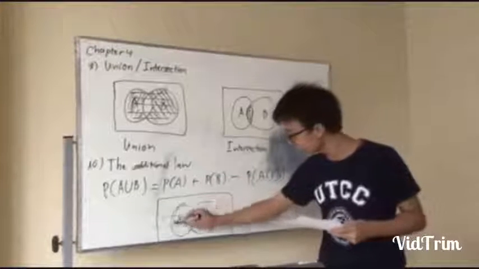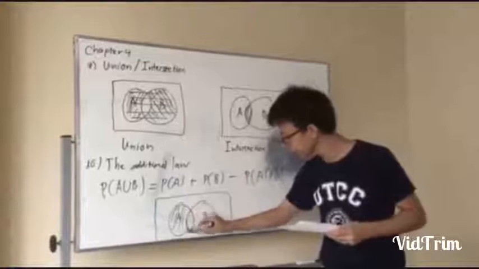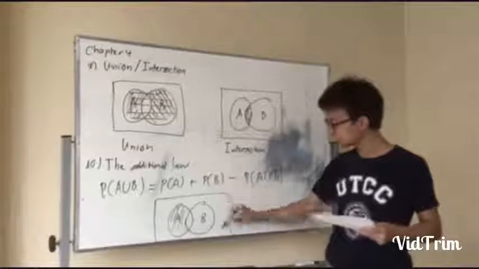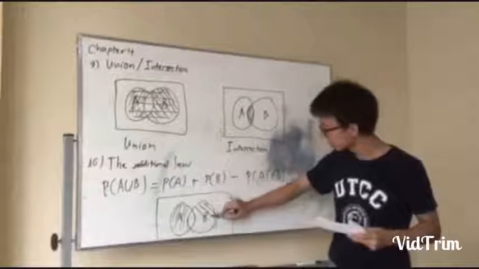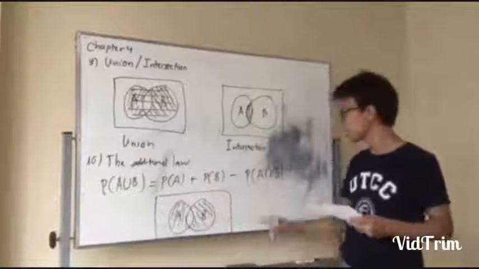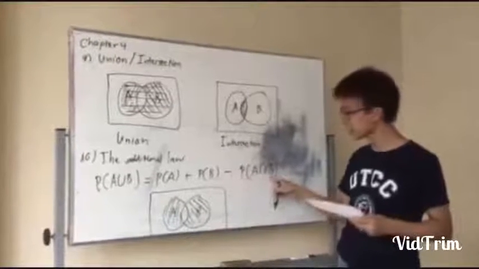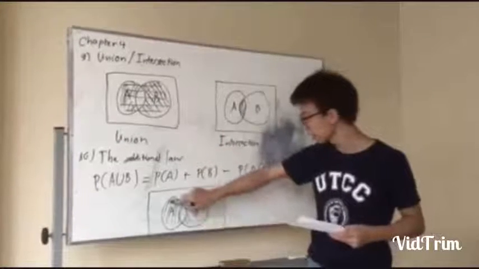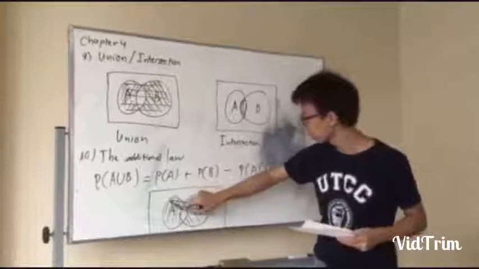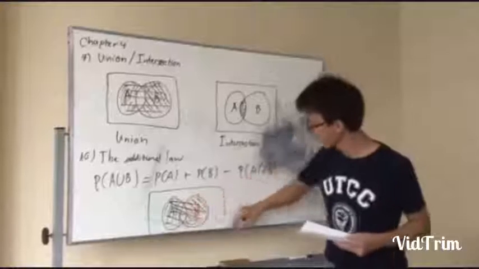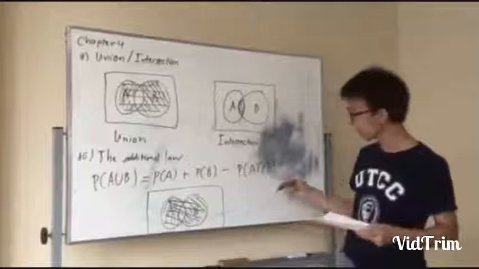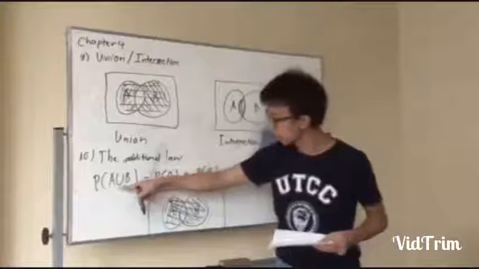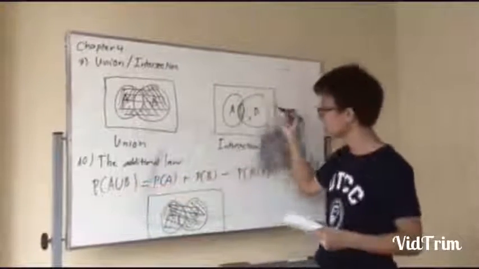A is just this one, and then you plus B, which is this one, and then you have to minus A and B. I mean this one, all of the A and B here. So whenever you find out the P of A union B,